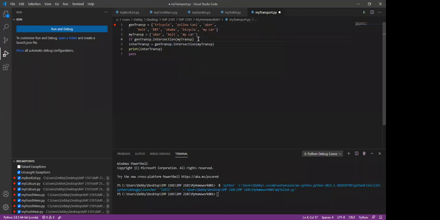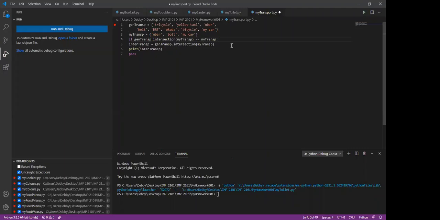Now I'm going to use the equality sign in Python, is equal to my_transport. After every if statement, you put a colon. Okay. If gen_transport.intersection(my_transport) is equal to my_transport, so if the intersection is equal to my_transport,